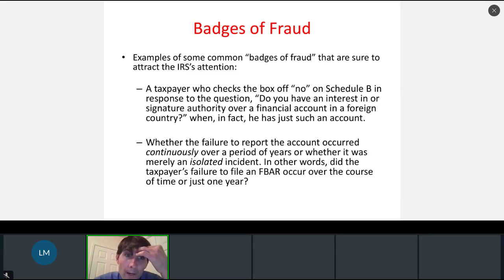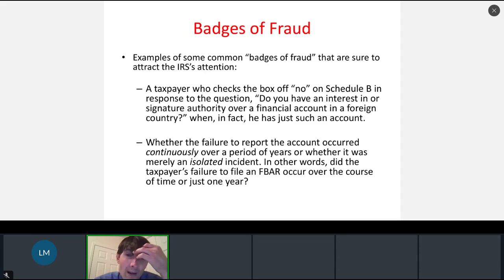There are some common examples of badges of fraud that are sure to attract the IRS's attention. And again, we're sticking with the world of FBARs for the time being. A taxpayer, for example, who checks the box off no on a Schedule B. A Schedule B is that part of a 1040 that asks the taxpayer point blank, do you have an interest in or signature authority over a financial account in a foreign country? It's a very direct and